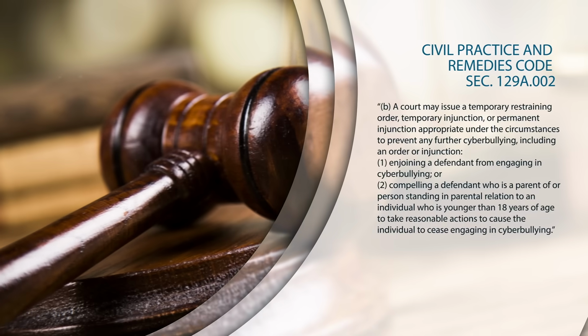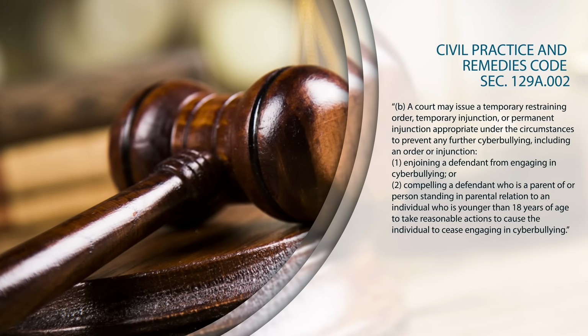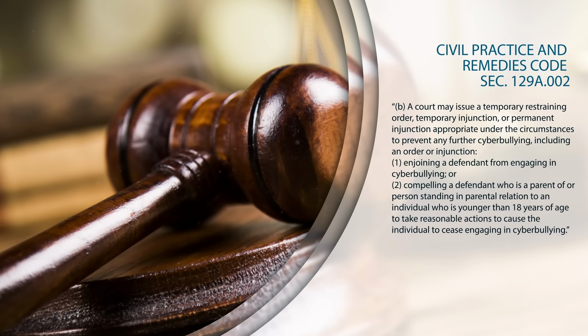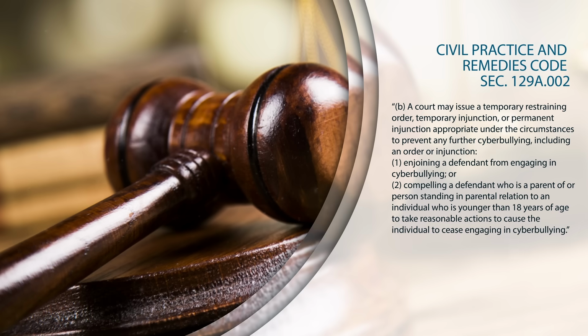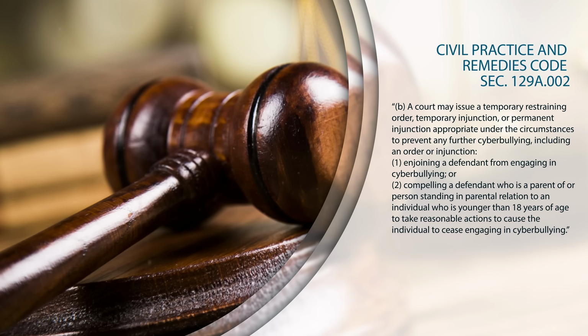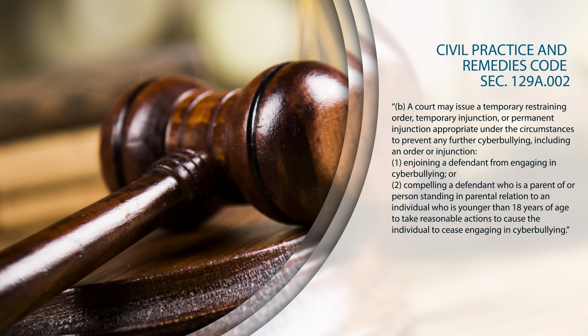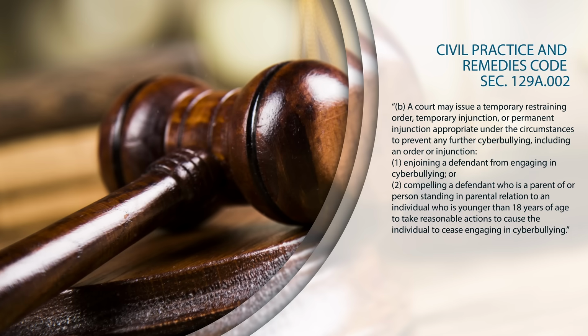Victims of bullying who are a minor may seek a restraining order or injunctive relief against the student who engages in bullying behaviors. The victim may also have an injunction filed against the bully's parents to require the parents of a bully to take definitive and appropriate action to stop the bully's behaviors.